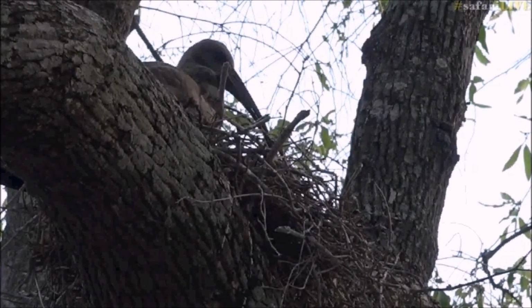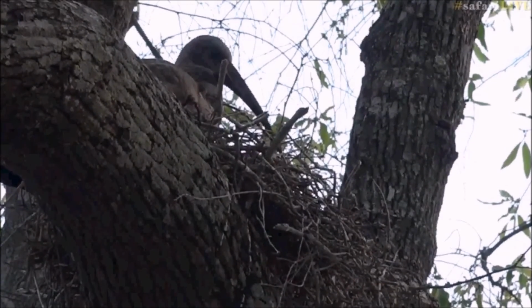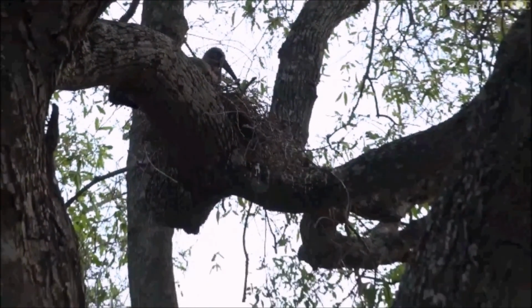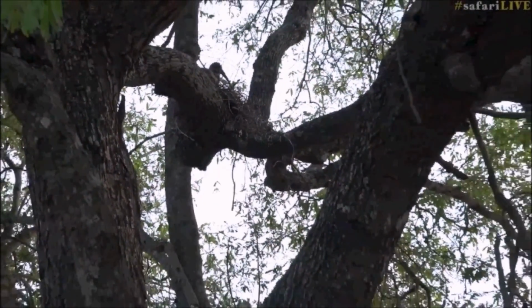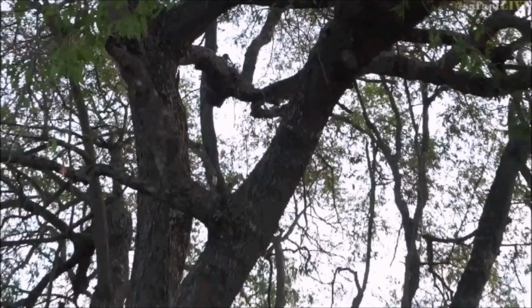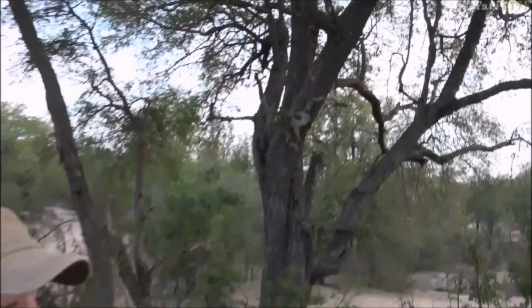Now, looking at these beautiful birds and obviously chatting about their beautiful beaks, Carter has actually mentioned that these birds remind him quite a bit about